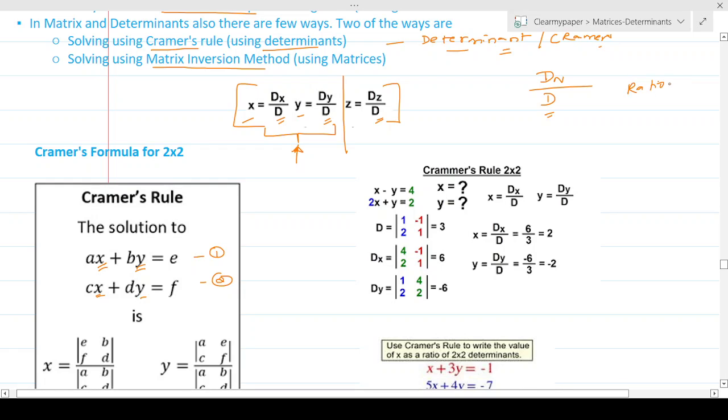It's a ratio of two determinants, one in the numerator, one in the denominator. The denominator determinant is going to be the same for all the cases. We will come to how we should find that. We will also talk about the changes in the determinant in the numerator, and figure out how to do that one variable at a time. Okay, so let's focus on just the x part for now and see how to calculate that.